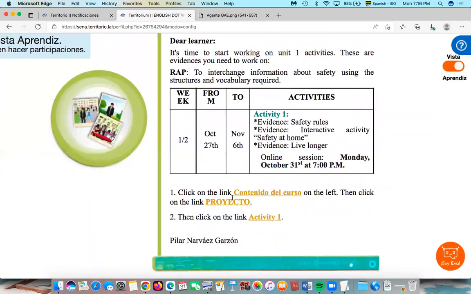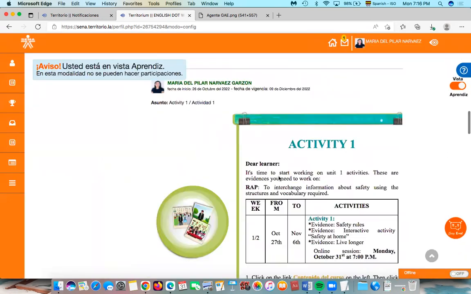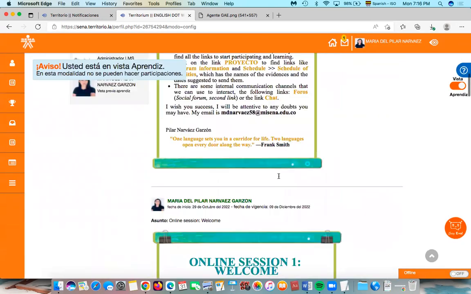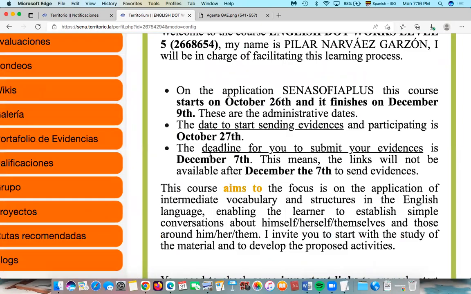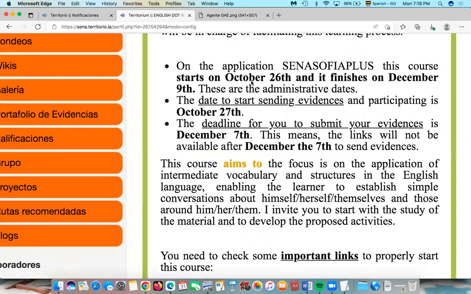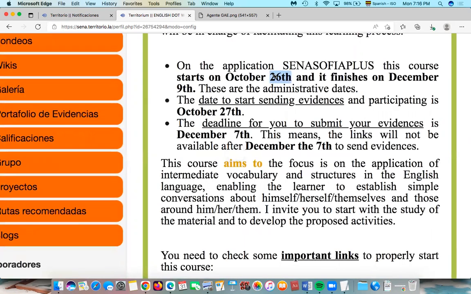The root is this one, contenido del curso, proyecto, and activity one. Okay, so we're going to go there in a minute. And this is the welcome message that I share with you, right? And the program started on October 26th. You had access, or you were supposed to have access since October 27th, and you are going to have access